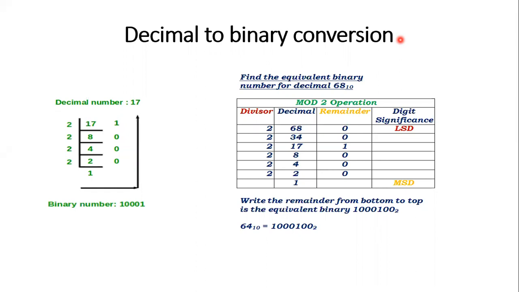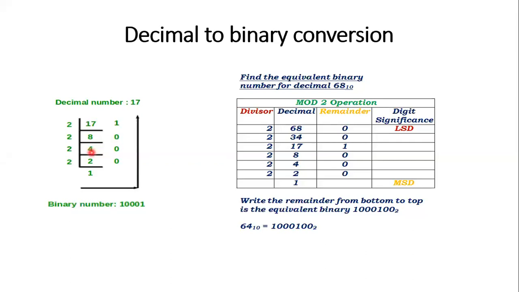So this is the decimal to binary conversion. Suppose a decimal number is given; how do we convert it into binary form? For example, 17 is a decimal number. First we divide the decimal number by its base. The binary has the base 2. So 17 divided by 2 gives 8, since 8 twos are 16. Therefore the remainder is 1, which you put here. Again, 8 is divided by 2, giving 4, and the remainder is 0, which you put here.